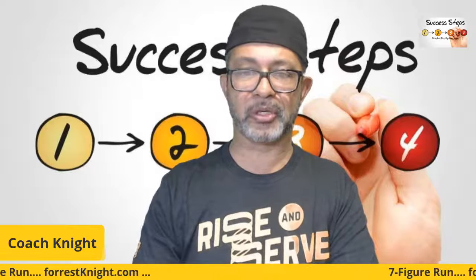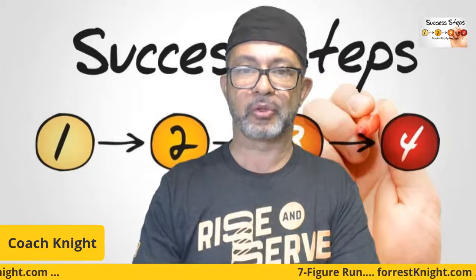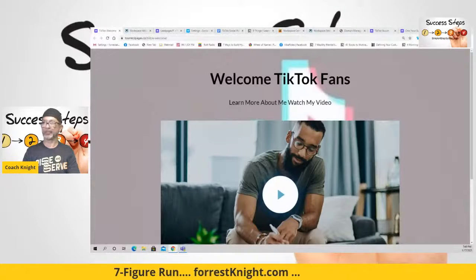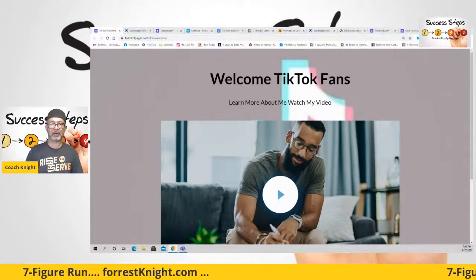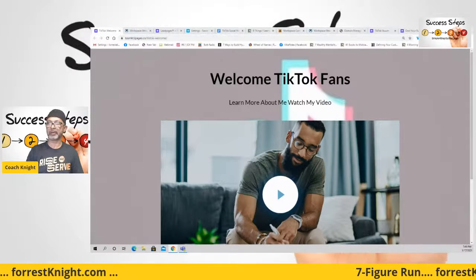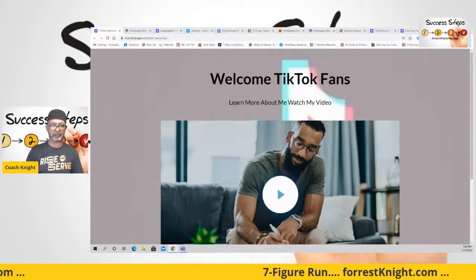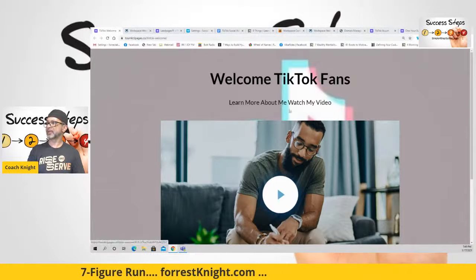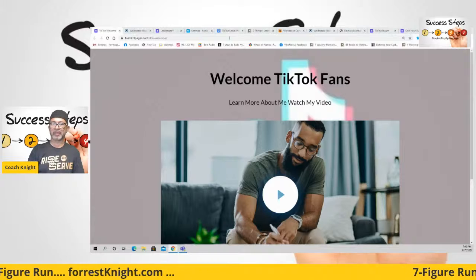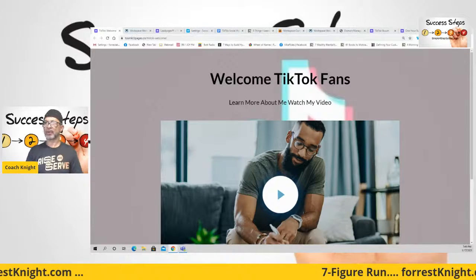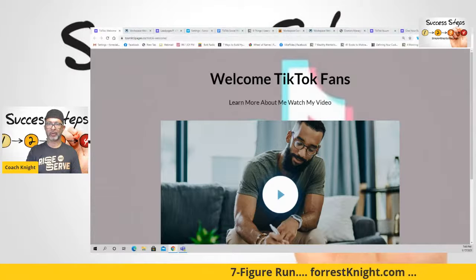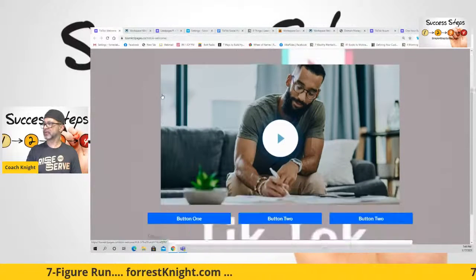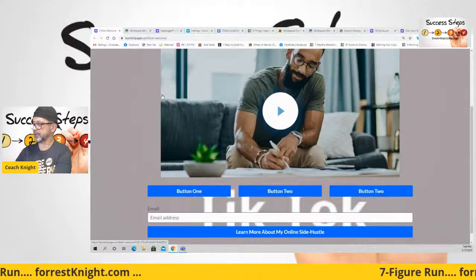So let me do a screen share here. Screen share. As you can see, I don't know why that's so small. That's weird. That's funky. Anyway, this is my TikTok. I don't know why that's small like that. We're going to be fine here. You guys can see the screen okay? Everything is good. Let me close this down. I'll need to look at that.